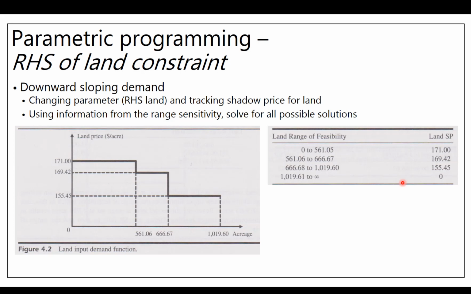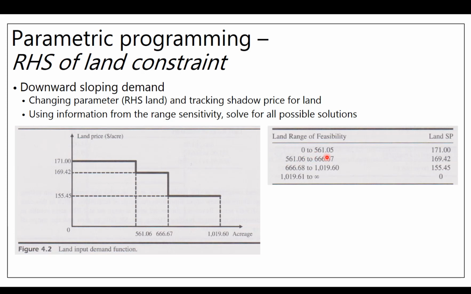So, if you were to look at it from the perspective of the land constraint, the quantity of land is what's fixed, right? That's the parameter. That's the right-hand side. And so we fix that at 600, and we expect land demand to be downward sloping. So we could change the parameter, the right-hand side of the land constraint, and then we track, endogenously, the shadow price for land. Okay, and so if we use the information that came out of the sensitivity report for land, we would see that